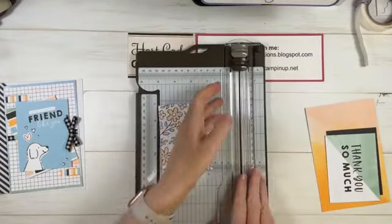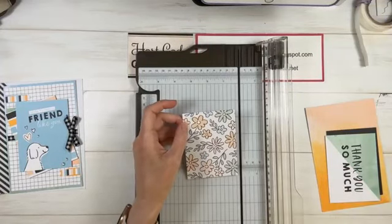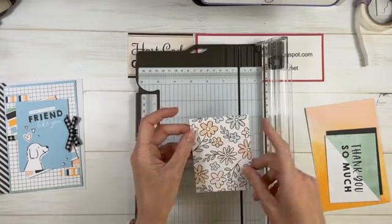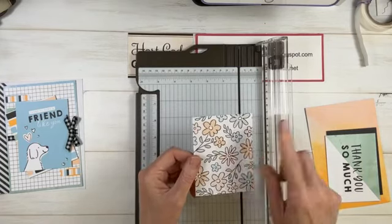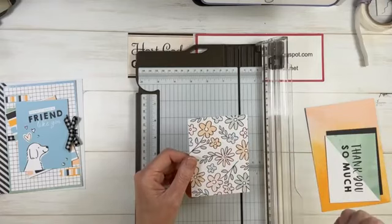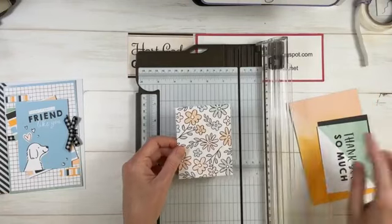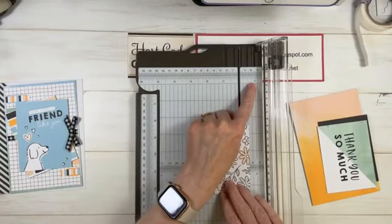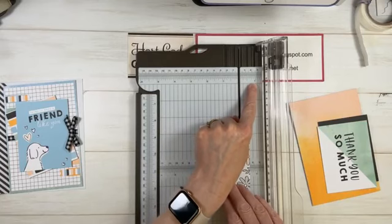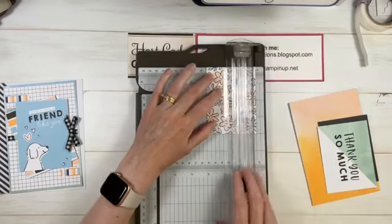Now, as I said, these cards, their measurements are in inches. You can convert them to centimeters, of course. But because we talk about the Memories and More cards mostly in inches, I am going to just measure in inches as well. So for this one, I'm going to just do a little bit of trimming, and I'm going to trim one side just at 1 inch. So I'm using the 1 inch measure on the right hand side of my trimmer. Okay, so I'm going to just measure 1 inch there